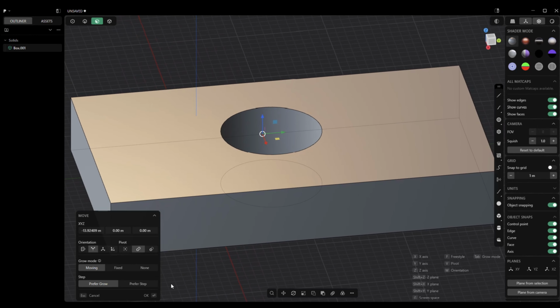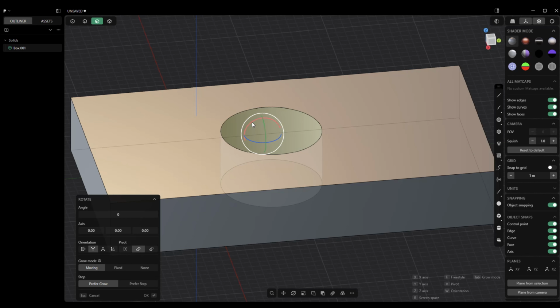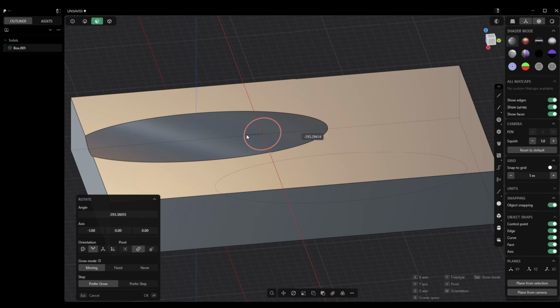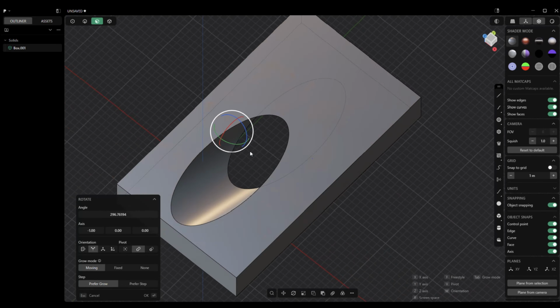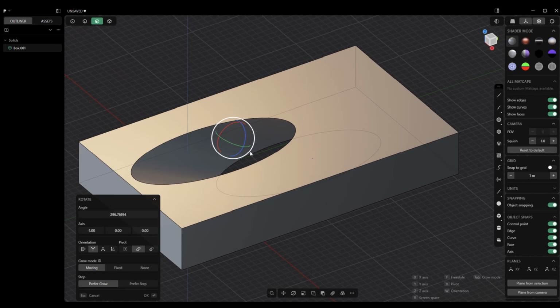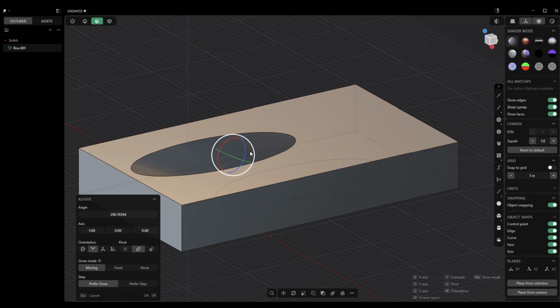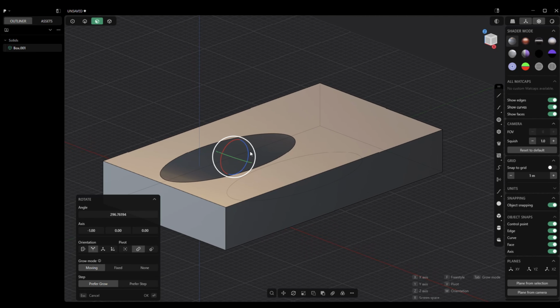right? So what I can do is, for example, let's click on OK. I can, for example, hit R to rotate, and I can do something like this, which can be very, very handy if that's something you're looking for, right? So yeah, that's all I wanted to share with you guys. It's very powerful, it's very cool to play with, and now you have another thing in your modeling tool belt,